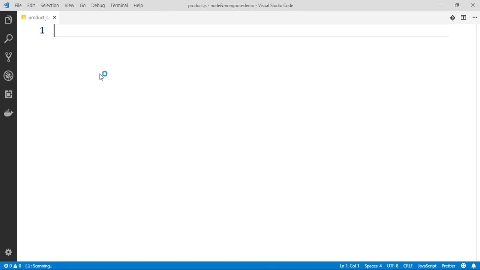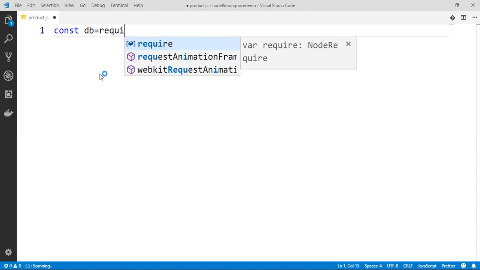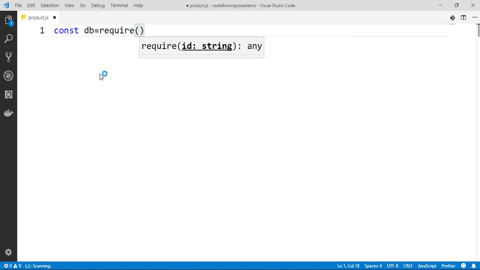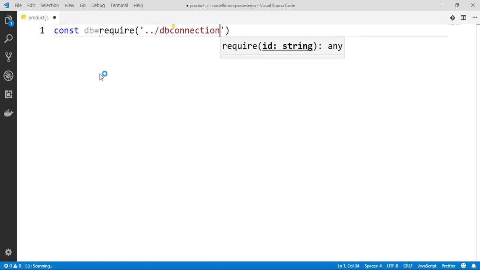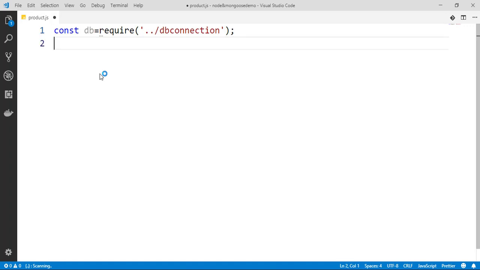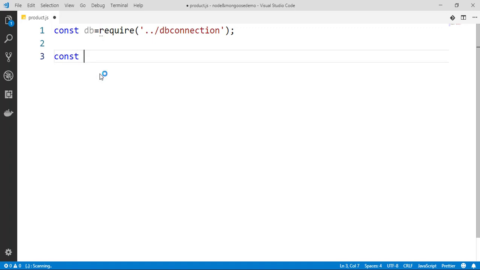So here I'll say const db is equal to require, and I'll import my object from that dbconnection.js file. Now I'll be creating my first schema, or first model. So here I'll say const productSchema,